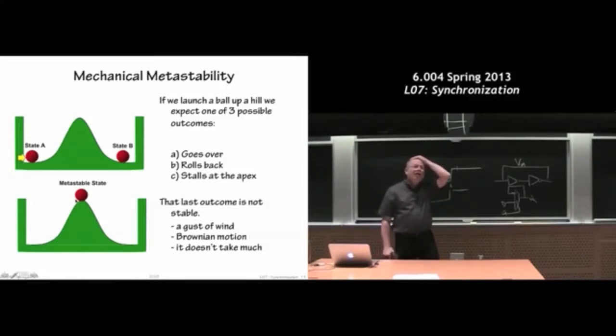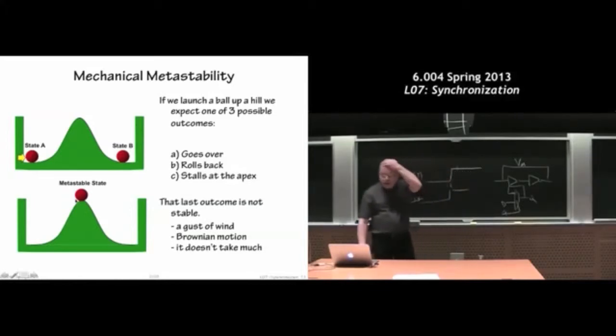Now we all know that that's not particularly stable, a gust of wind, a mechanical vibration. As soon as the ball gets even the tiniest amount of alpha dead center, then the traditional gravitational forces will pull the ball back down to one of the two stable states. So everybody got a sense in which that is not a permanent stable state. It's what we call metastable. It sits there for a while looking stable, but then all of a sudden, zoom, the ball will fall back down. So that's a mechanical analogy.